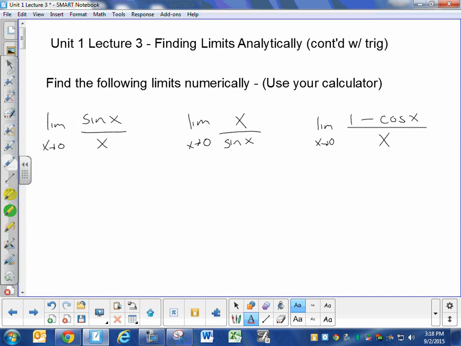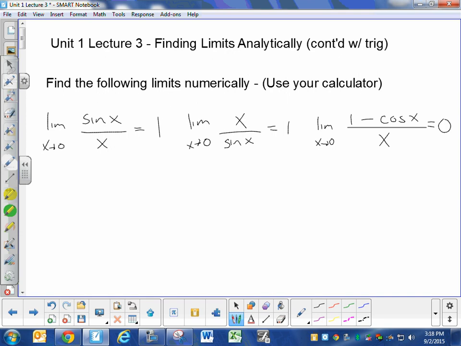Okay? This limit, I can't find analytically, but I could find using my calculator. And it's just as simple as plugging in 0.0001 into x and figuring out that sine x over x is approaching the y value of 1. I could do the same thing for these two, and this one is approaching 1, and this one would be approaching 0. There's no analytical way to figure that out. You just kind of do it numerically,